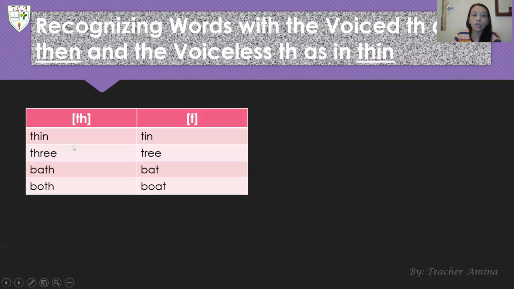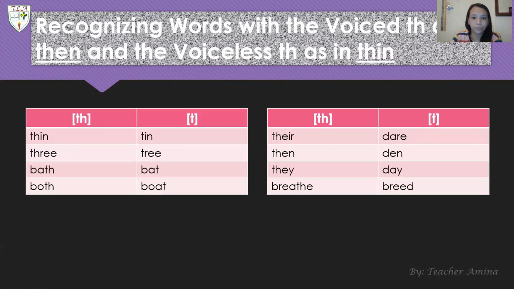So the first table, let me read the following words. Thin, three, bath, both. And we have tin, tree, bat, boat, without the H. The next table sounds like this. There, then, they, breathe.